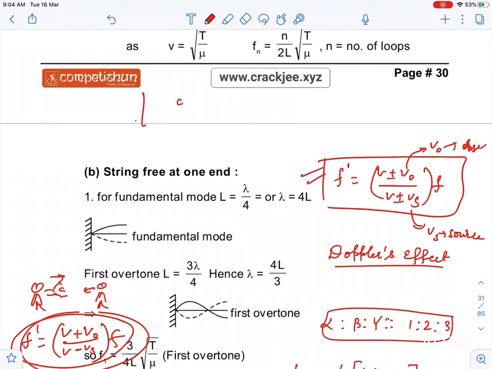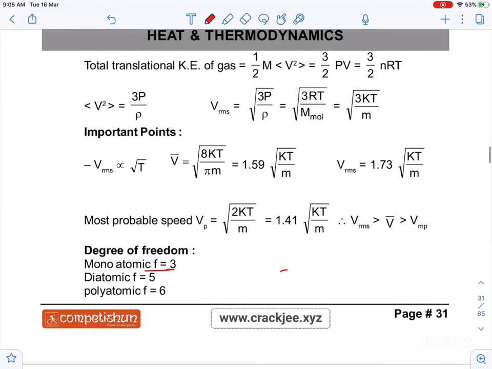And for echo, if a question on echo comes, a person is standing here at distance d, so the time satisfies 2d equals V into t, because the sound goes there, reflects and comes back. If a sonar or radar problem comes, use this formula. If the person moves some distance, you have to manipulate this formula to get the result.